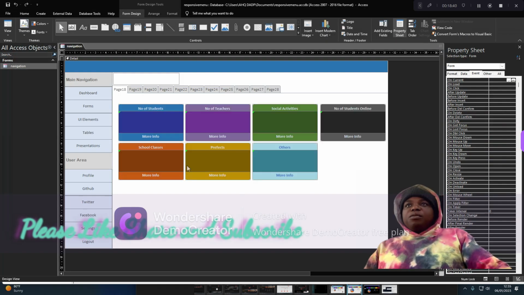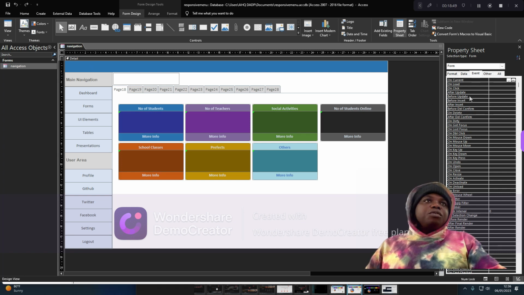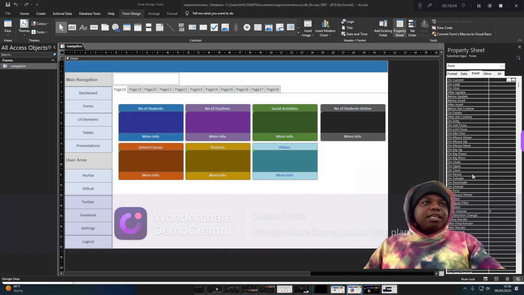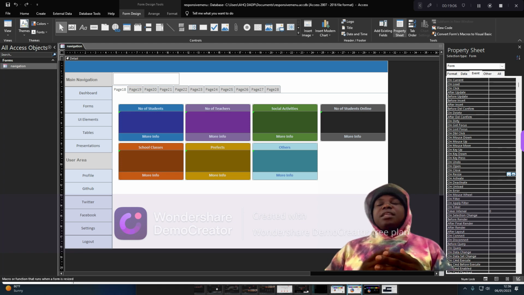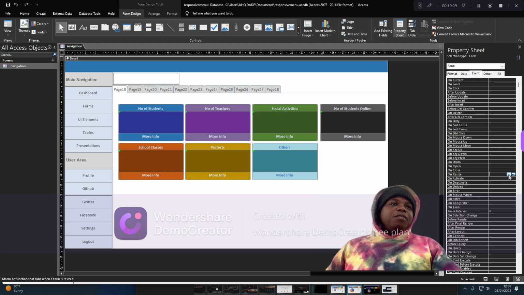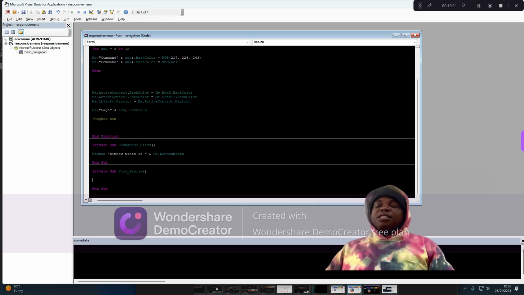All right, so let's go back to the design view of this one and then go to the form. So on this form now, we'll go to events. On the event, we try and locate form resize, so that whenever the form resizes, as the form gets to a particular width, then it will trigger the appearance of each of those items. So on form resize, as soon as that form resizes, then